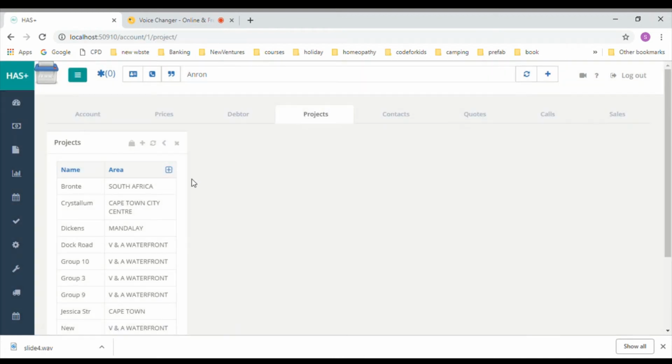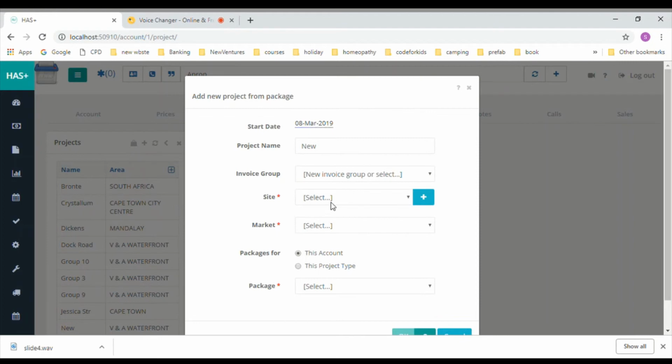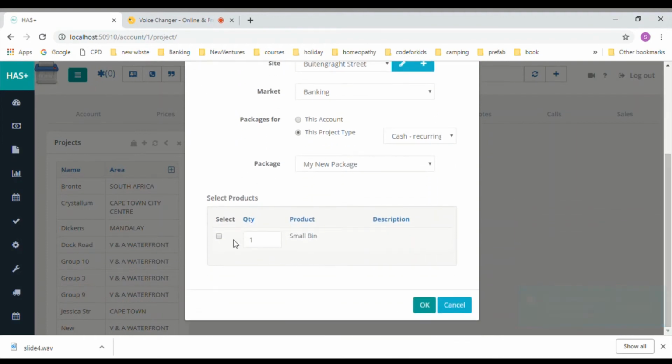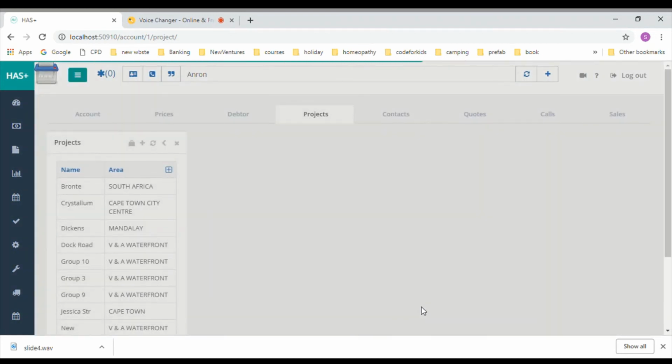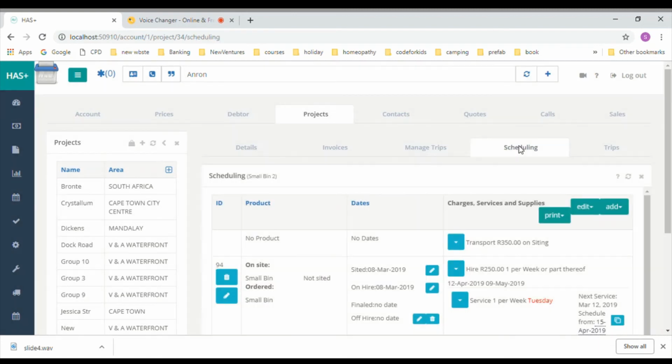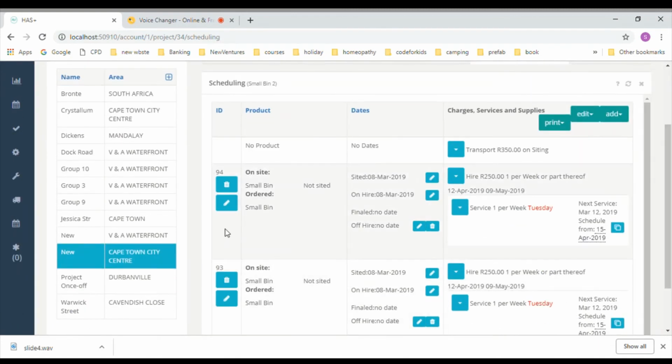Sometimes we want to change the type, the number of products delivered, or the frequency of services, or we want to subselect from multiple options as we load. We can do that too. We simply select the package we want to load and change the settings as we load it. Here, we're changing the number of bins from 1 to 2, but you can change other settings here, like the service frequency, or subselecting different products or options. Select different pricing for different customers, all depending on how you set up your package. And the good news is you can learn how to do all these things in this course.